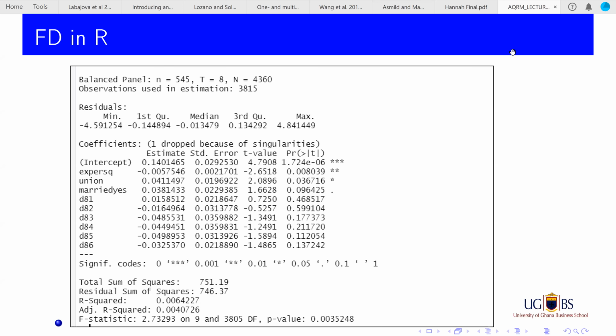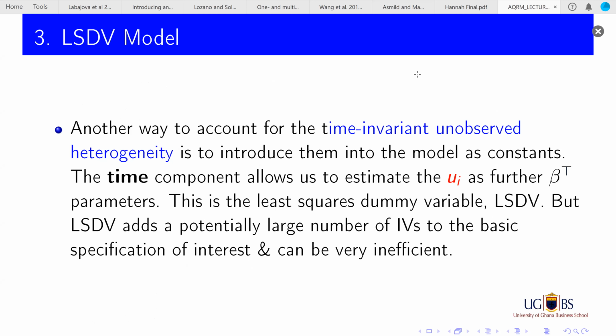All right, so we have looked at phase difference. In fact, we ended phase difference the other time, and we ran the phase difference and got this result, which was different from the others. Today, I want to just say in passing a method known as the least squares dummy variable,